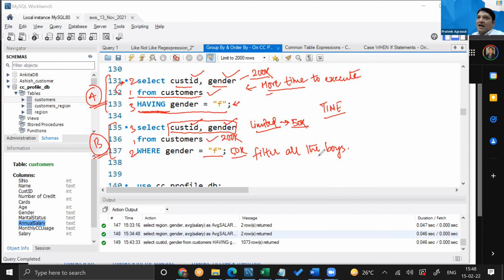See, suppose you are redesigning SQL, or let's say you are the SQL designer, so you have to think about all these things. You have to think about what are the things that we would mostly do with the data? We'd mostly work with a large amount of data, and we mostly filter all the unnecessary data right at the beginning, before we do any other operation, before we even do grouping, ordering, because those are expensive operations. Expensive meaning they take a lot of resources. Why should you order females if you do not want females in the final output? Why should you group by females at all if you're not going to use females at all? Do you understand, Dheeraj? So I understand.